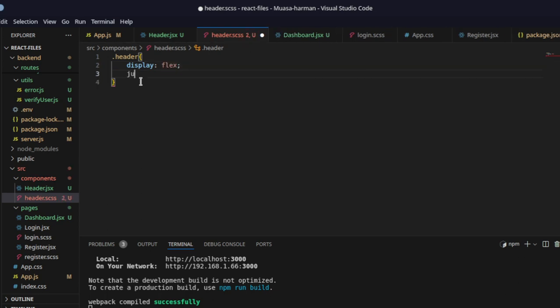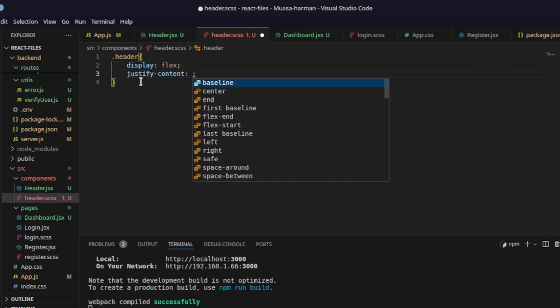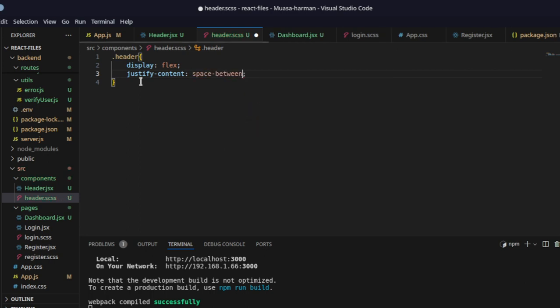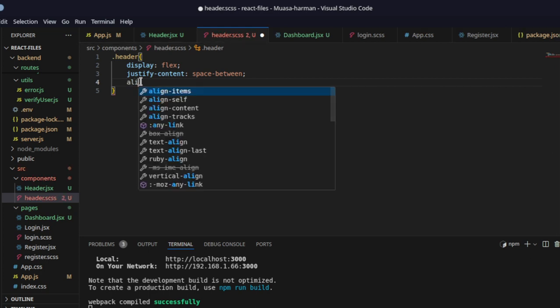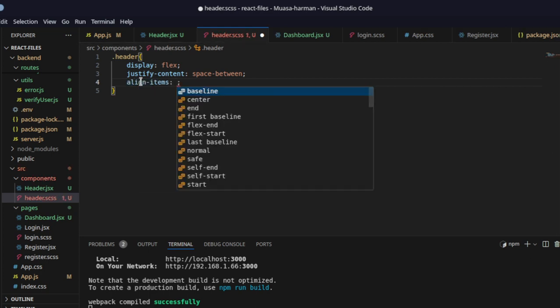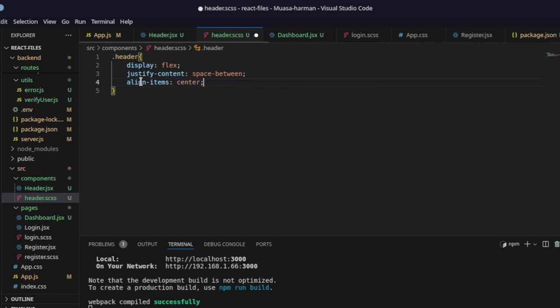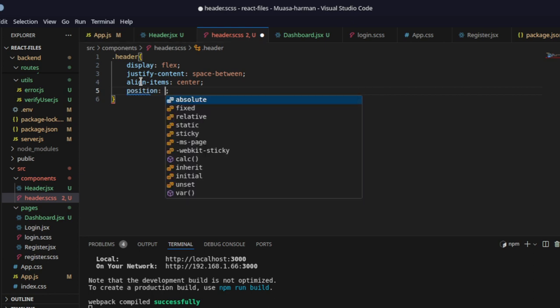Then we'll have justify content space between. Then align items center, so each and every item is at the center of one another. And then the position of our header should be sticky